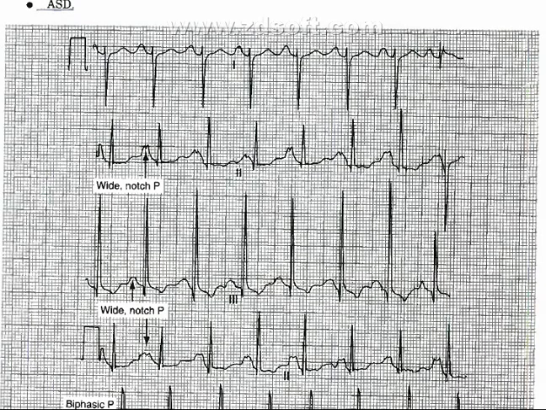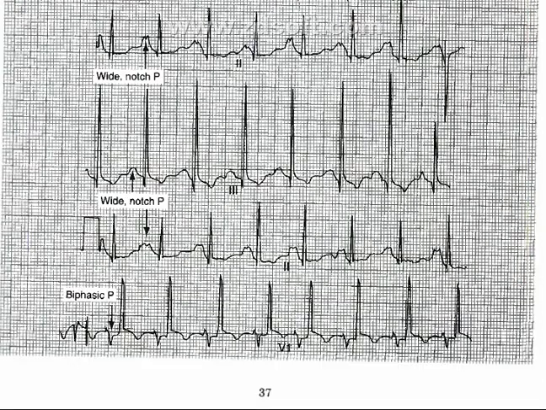Here is the ECG of a left atrial enlargement. Here we are seeing in lead 2 there is a wide notched P wave, and also in lead 3 there is a wide notched P wave, and in V1 there is a biphasic P wave. The negative deflection is more than the positive deflection.